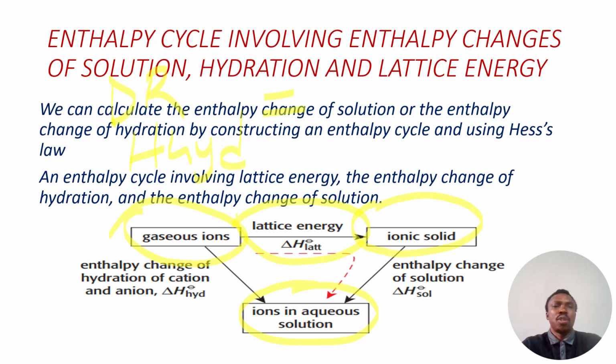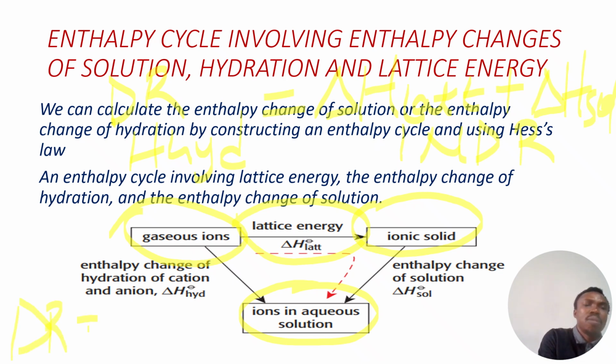Then from gaseous ions to ionic solid is the lattice energy, which is an indirect route. Then from ionic solid to ions in solution is the enthalpy change of solution. So both of these are indirect routes. So the lattice energy plus enthalpy change of solution is equal to the indirect route, going by Hess's law, which states that the total enthalpy change is independent of the route taken. So using Hess's law, you say the direct route is equal to the indirect